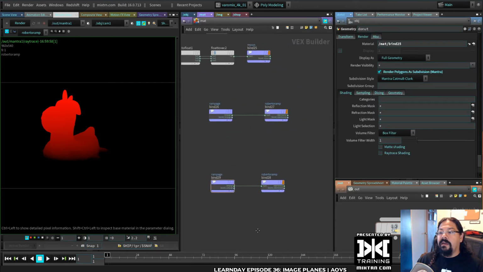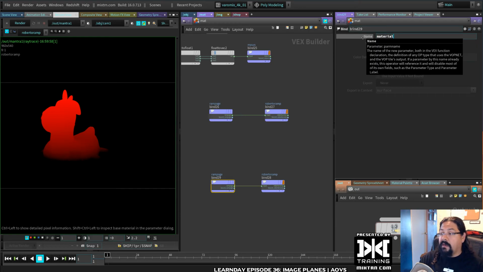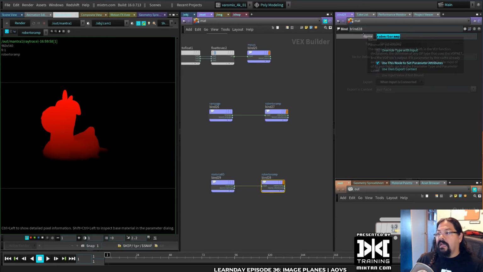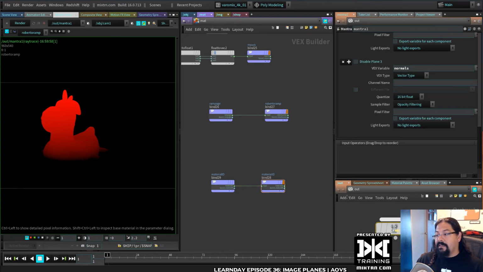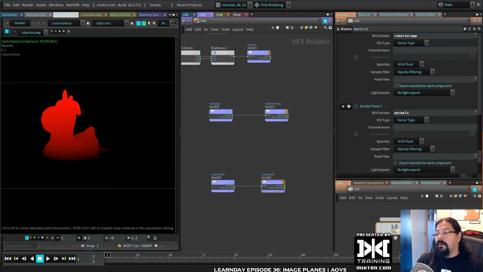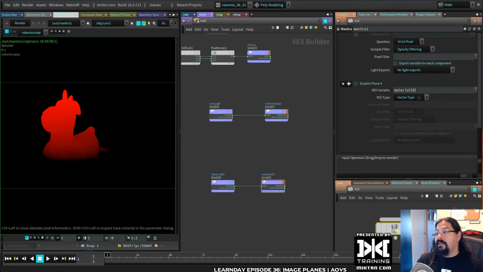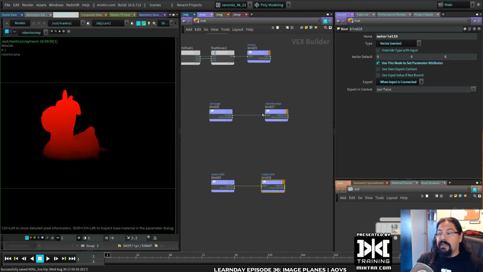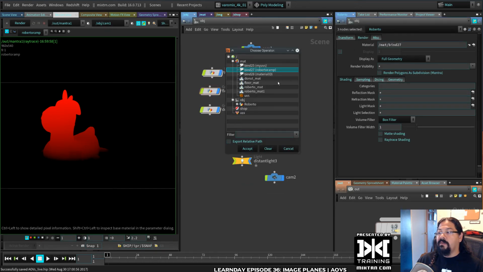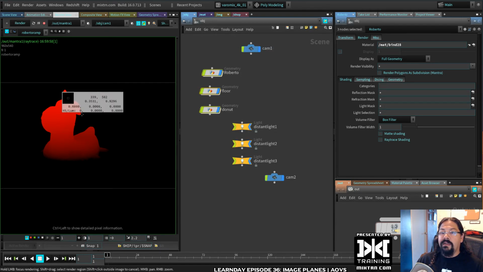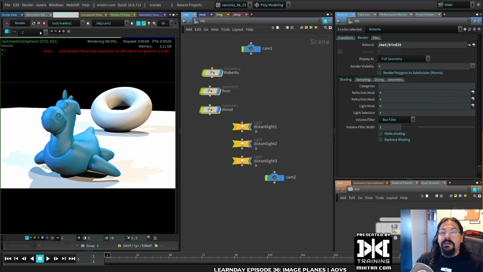So let's go here. I'm going to do it here because it's failing in the other place. I'm going to say material ID, and export it as material ID. So I'm going to take this guy now and add another one, call it material ID. It's going to be a vector type. Now let's assign this shader here because we're doing it outside of here. Let's assign it to all these objects. Select all of them, assign that material ID thingy we just created, and let's go to the material, the color objects,